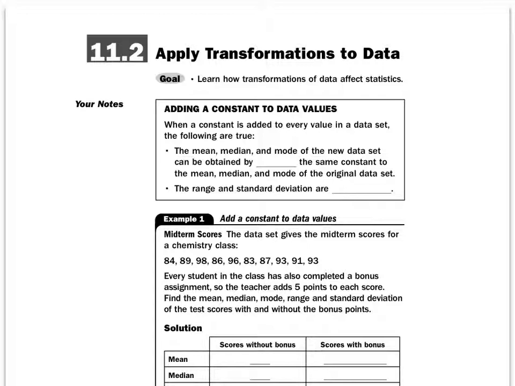What this is, is transformations, and we know how much our book loves to do transformations, and they slide everything. This is just one more of those transformations. When you add a constant to every data value, kind of like if you were taking a test and the teacher gives everybody a 20-point curve, as things go, the mean, the median, and the mode